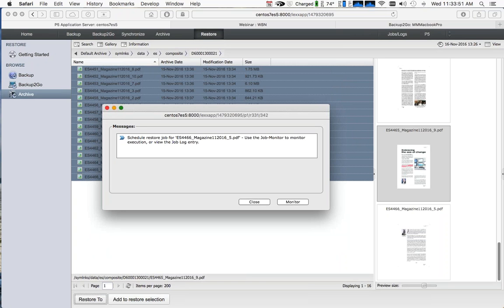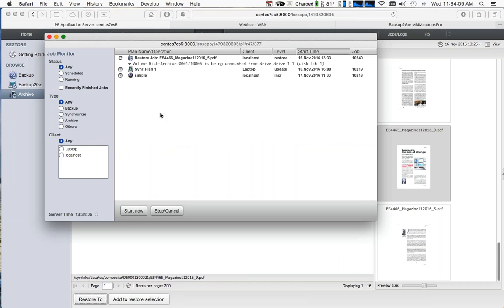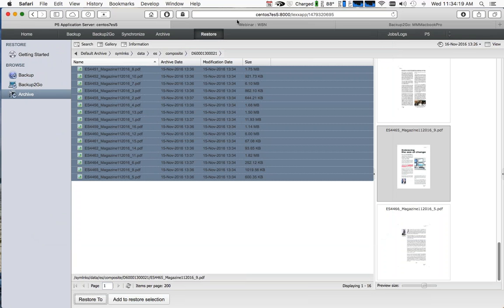I assume in a real world environment, if we were backed up to tape, it's going to go in and load the tape, get the tapes that it needs, and bring these files in. So what should happen now is those files, and you can see here, this is how you can track what it's doing from within here. It's going to the drive that those files were on, and actually I think it's already done. And if all is well,